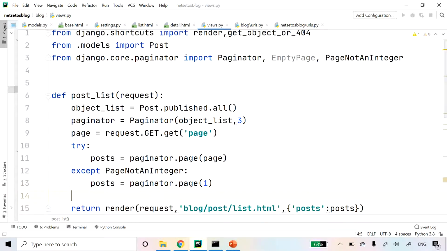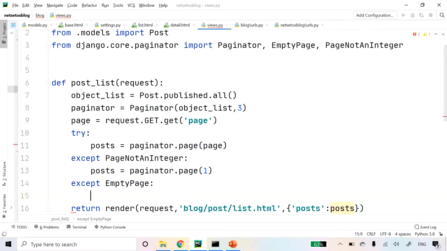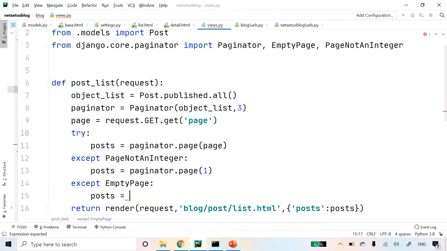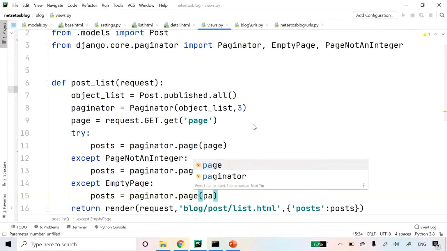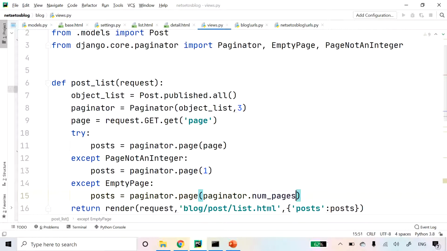Then one more except, EmptyPage. Here if page is out of range, deliver the last page of result. So for that, post is equal to paginator.page(paginator.num_pages), so as to go to